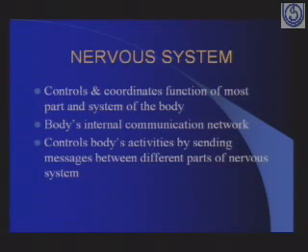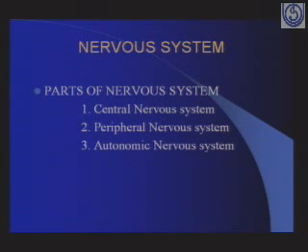So what are the parts of the nervous system? We can grossly divide it into three parts. The central nervous system, as the name suggests, is centrally located and controls all parts of the body. It controls the peripheral part of the body through the peripheral nervous system. Another type is the autonomic nervous system. As the name suggests, it has some functions which are independent of brain signal, and that is the reason it is known as the autonomic nervous system.